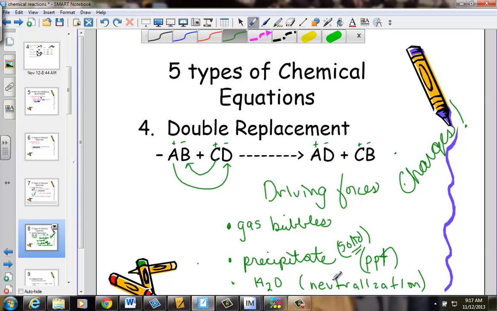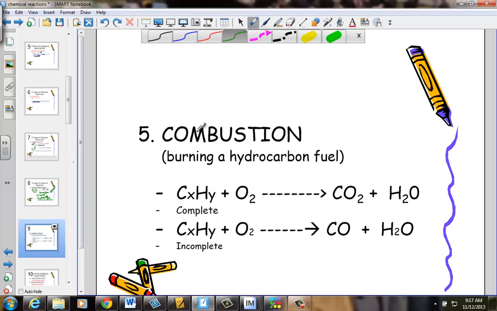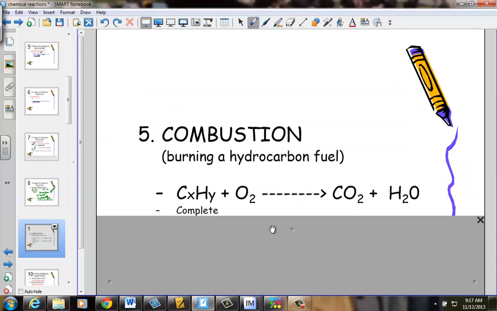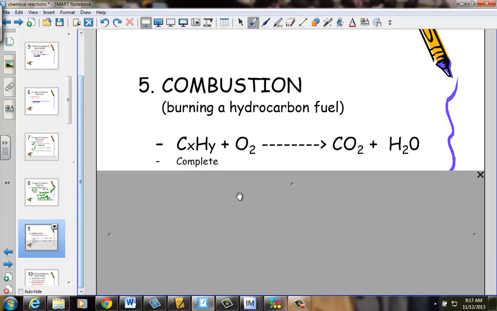One of the following three things will happen, providing evidence of chemical change. And the last of our patterns, pattern number 5. Again, perhaps what it would be easiest to do is take this a little slower because I have a big slide here. We have a complete and incomplete reaction. Let's focus the attention on combustion, which is burning a fuel to release a whole lot of energy, heat, and light. These reactions are called exothermic,